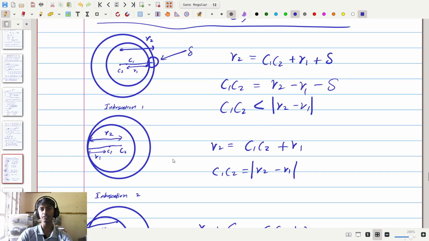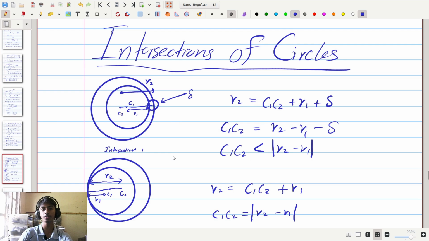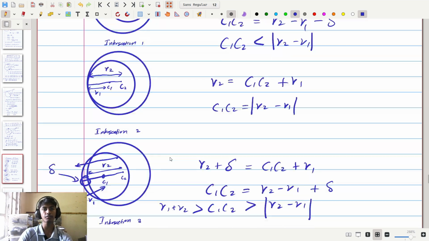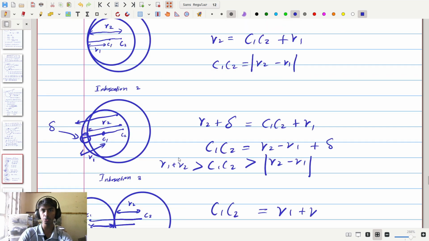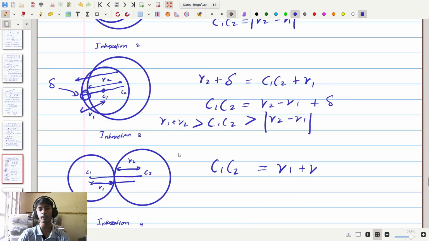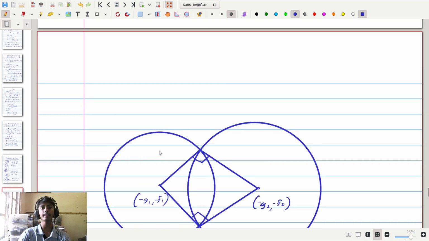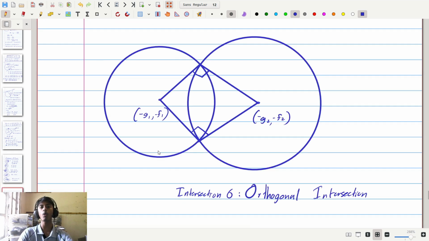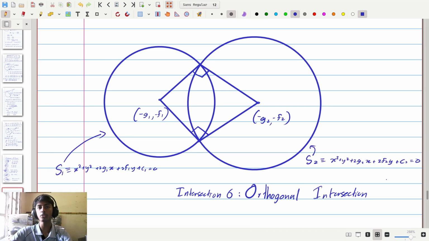As it turns out, there's actually one more intersection that we need to talk about, but for now, these are the 5 simple intersections of two circles. There's another complex one that we're going to move on to next, and that intersection is something called the orthogonal intersection. Orthogonal intersection is a special case of intersection number 3, where one circle is halfway inside the other circle